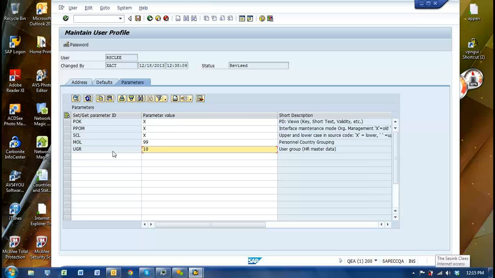So those are some of the things that you can set up, and then there are a bunch of other weird and wonderful parameters that you can set, which basically define what you see and how your user is set up. As I said, most companies allow employees to update their own user profiles, but there are a bunch of folks that say, okay, because, for example, in some instances,